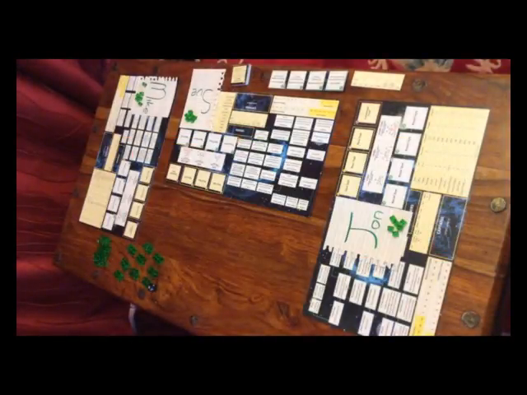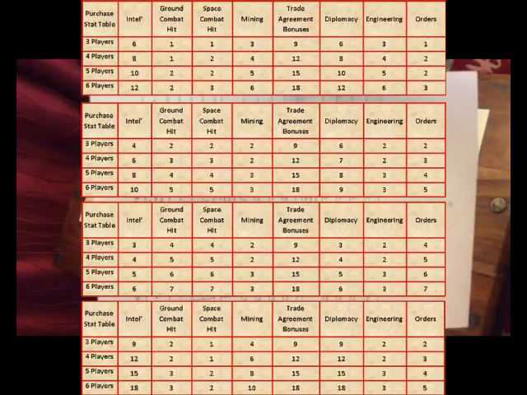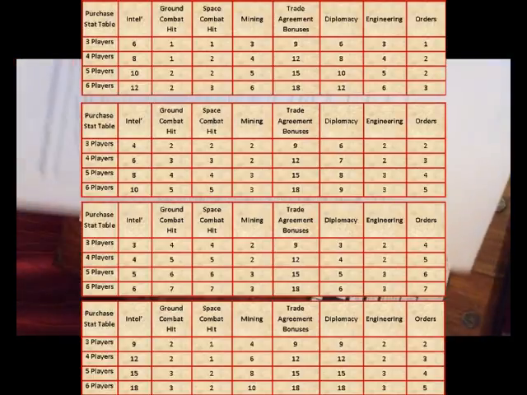We also have some race stat tables which we are going to randomly select one of. As you can see, each one of the tables tells you how many points are available for each type of stat dependent on the number of players. Since we've got 3 players, it will be the top row of stats. So I will now do that,